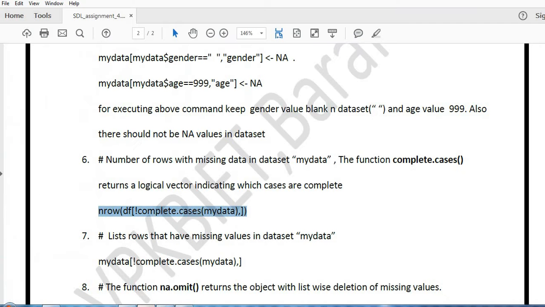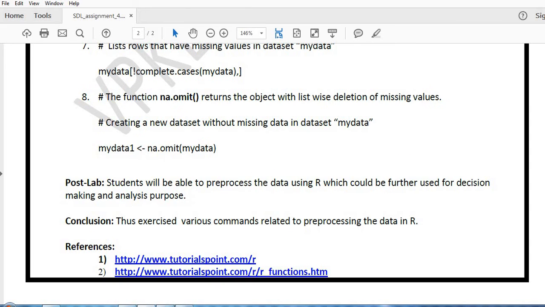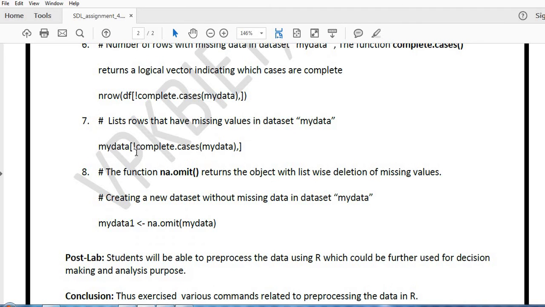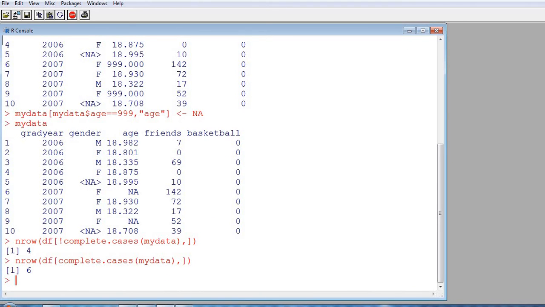Okay, next is, if we are interested in knowing which rows are complete or not complete, that means which are those rows which are not complete, only that information. Here we have got the count. Now we are interested in knowing which rows are not complete.